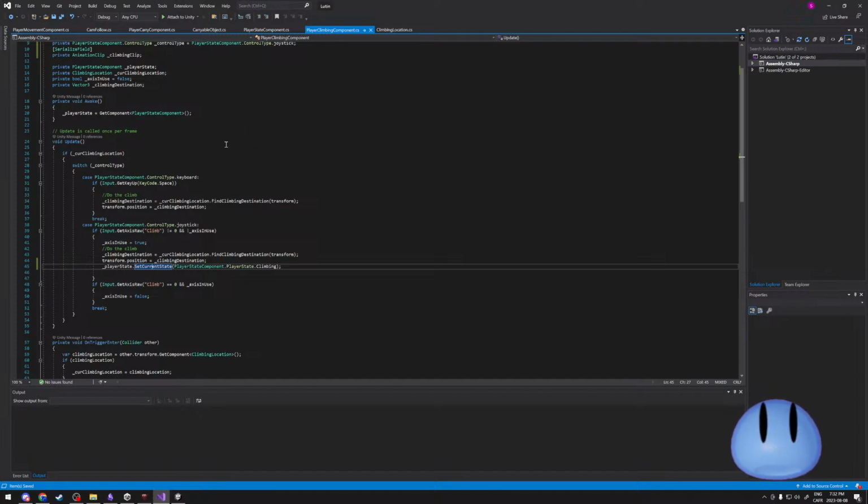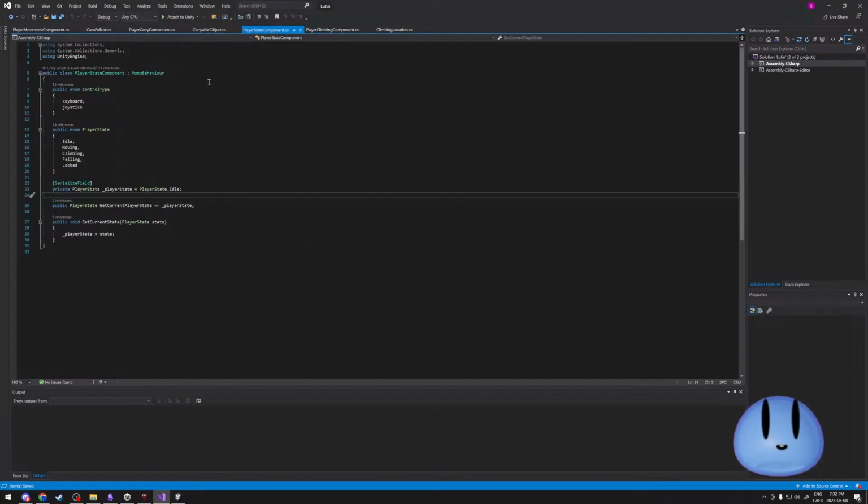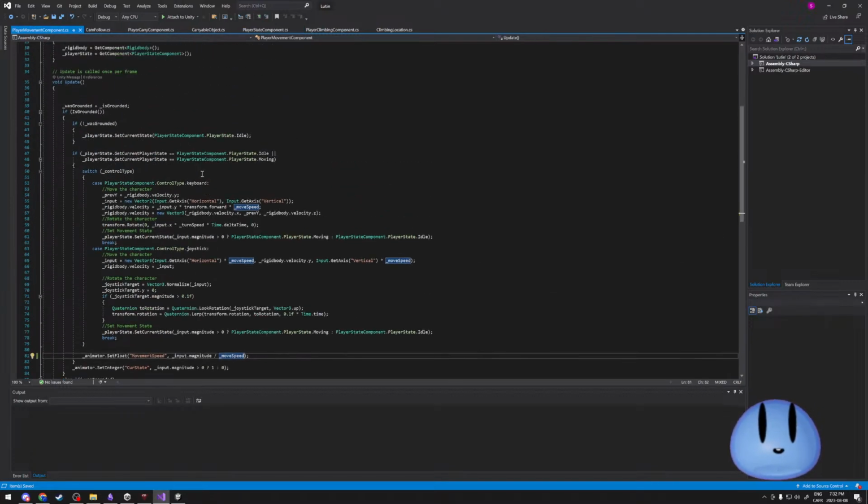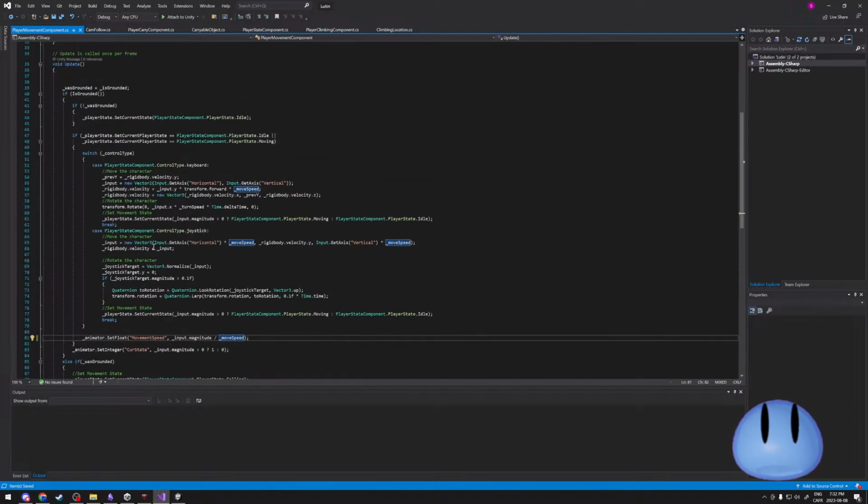How do I want to do this? I want to be able to tell it to wait for the amount of time that it takes to play the animation of climbing when you put it into that state. I think I'm going to have to rework stuff quite a bit so that the state is actually calling on the components to do things if they exist. I think that's how I should be doing this realistically. Instead of having each one of these components, such as right now we have the movement component, on update run these things, I should just have,